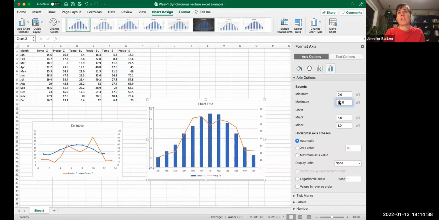And I'm just going to change this. So you'll get a little box like this that pops up. All I did to format the axis was Control, and I controlled and clicked on this. I'm using a touchpad. I think if you had a mouse that had 2 clicks, you could probably just do a left click and it would do the same thing. And I'm not sure what the button is you press on a PC to make that happen, but you will know if you are a PC user. So I'm changing this to 40.